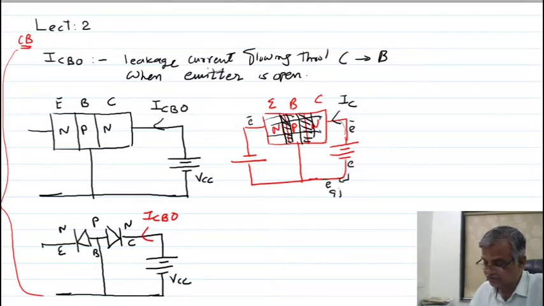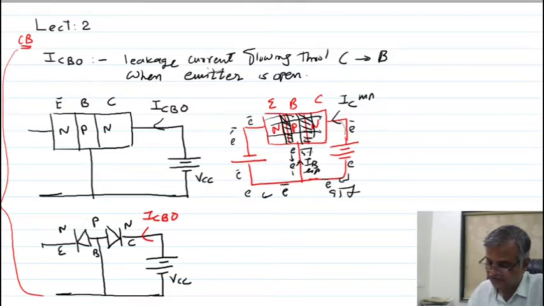We have discussed 95% electron. 5% of these electrons will come in this, as a few electrons will be recombined here, and those electrons will go here, and they generate the base current of the order of microampere, and this is your milliampere. This electron will go in this direction, this electron will go in this direction, and you get your emitter current like this. At this point you can say this is a collector current, this is a base current.